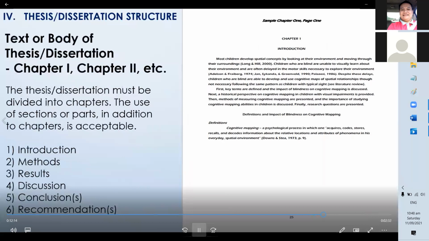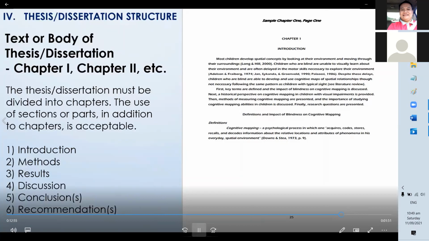Now we have the text or body of the thesis or dissertation. This is what we call the chapters, 1, 2, and so on. The thesis or dissertation must be divided into chapters. The use of sections or parts in addition to chapters is acceptable. So we can have introduction, the methods, the results, the discussion, conclusions, and the recommendations for our chapters. On the right side is an example of the actual text or body of a paper showing the first chapter as the